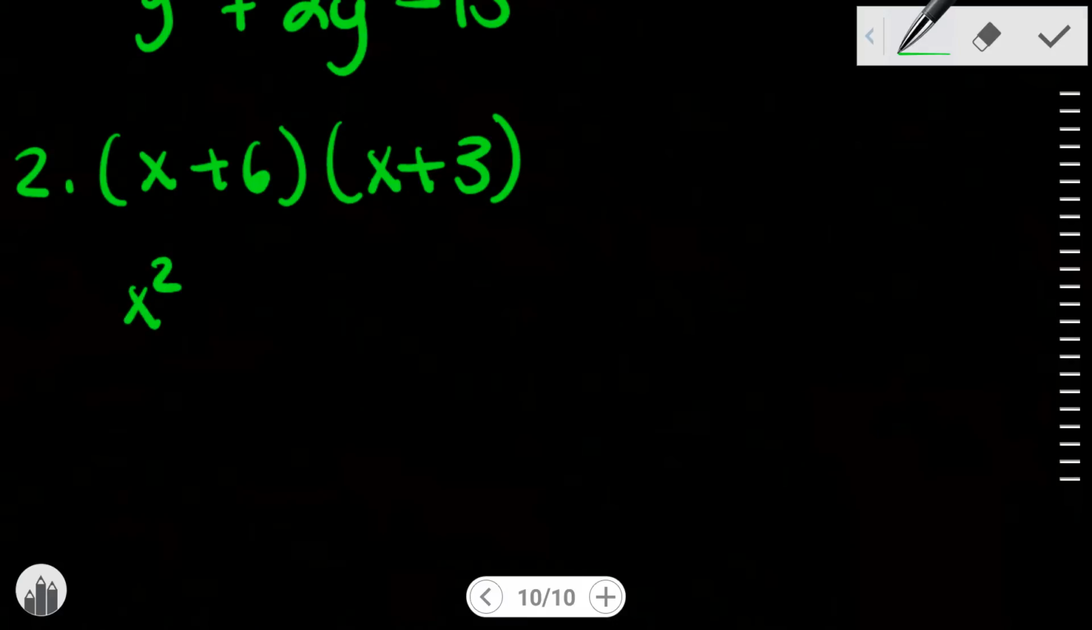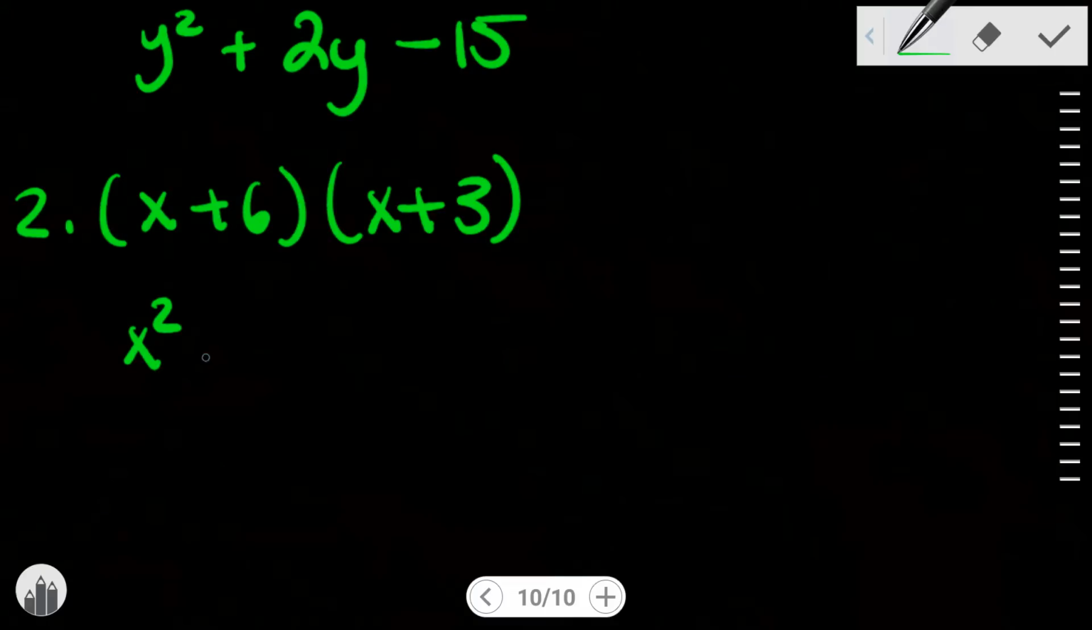All right, so then you want to take the x times the 3 over here on the other side and multiply those together, and you'll get plus 3x. And then you want to go over to the 6, multiply that times this x, which will get you 6x, or plus 6x. Then now you want to do your last, which is 6 times 3, which will give you